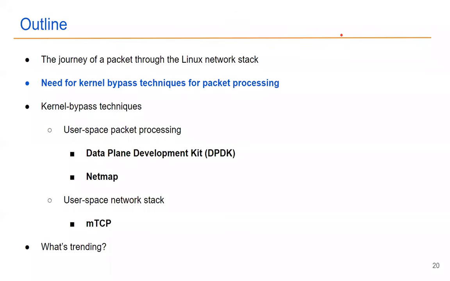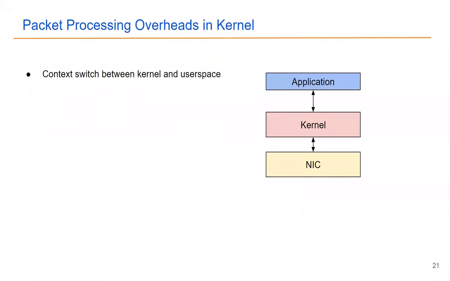Thank you, Rinku. Having a brief overview of the kernel network stack processing, let us now see what are the overheads that have a huge impact on the performance of applications, especially those handling a huge traffic of packets. The first one is the overhead of context switch between the kernel space and the user space that is involved for processing a packet. A small example for this is, suppose you have a client server socket based application